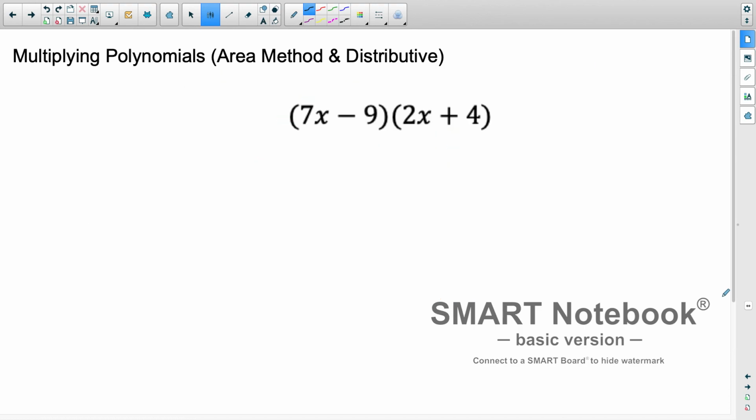All right, so the next one is multiplying polynomials. And so here's the thing about your test is it is going to ask you questions about both the area model and the distributive. And what's interesting about this class is you guys were actually pretty 50-50. My other classes, most people like the area